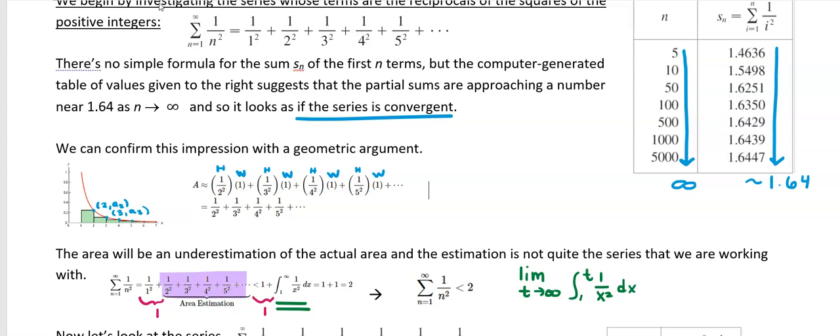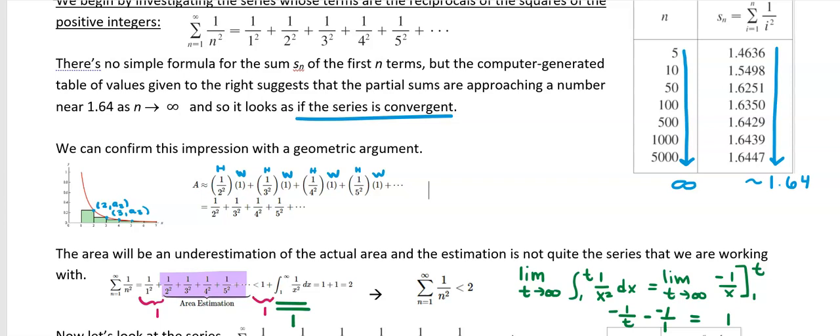Take the antiderivative evaluated at t and at 1, and we would get the area as 1. So we do know that this particular antiderivative's area is 1, and by adding that first rectangle that we really